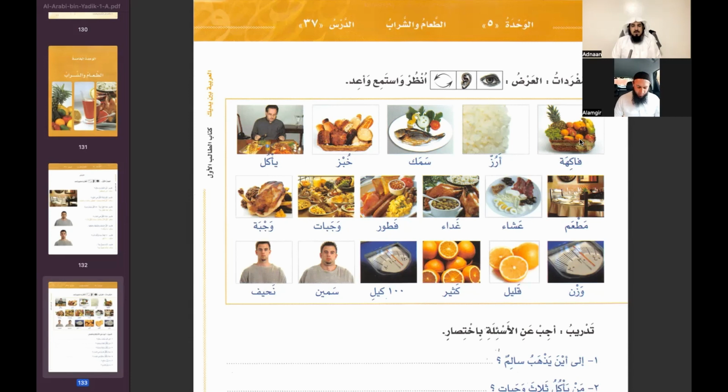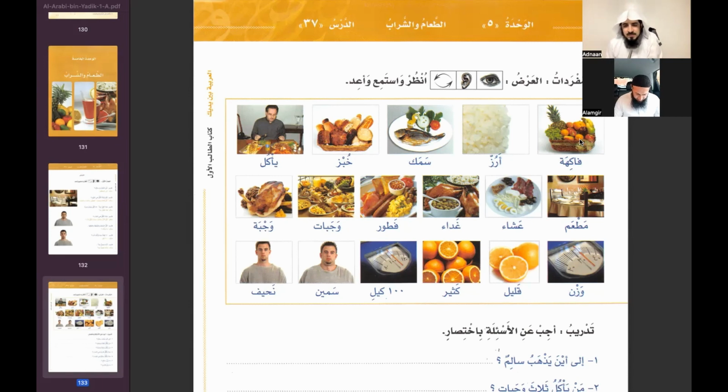يأكل الشراب والطعام. Restaurant. You see the restaurant, tables that are set out? Yeah. Then عشاء. This is maybe salad, or maybe some kind of...